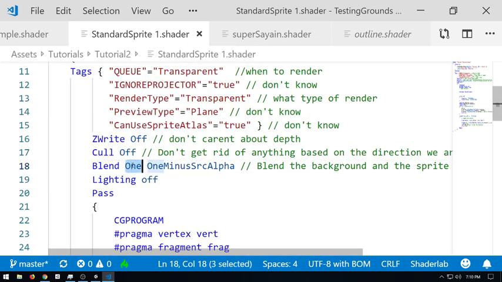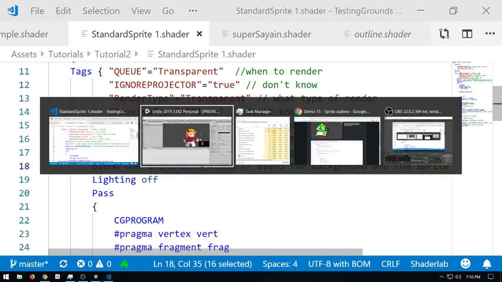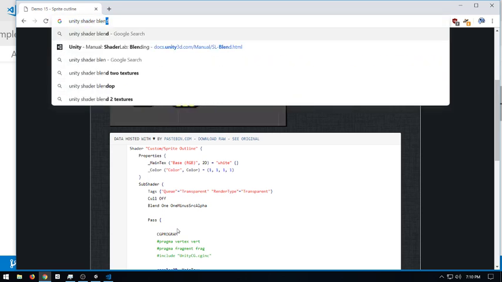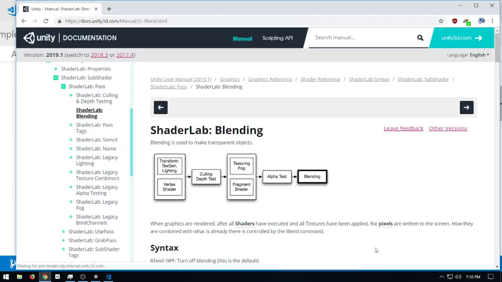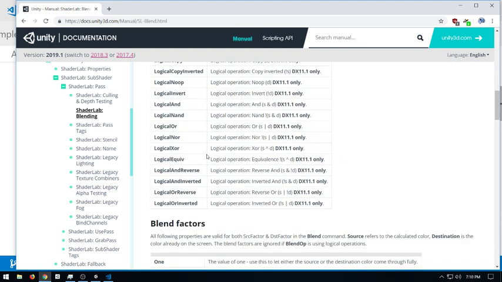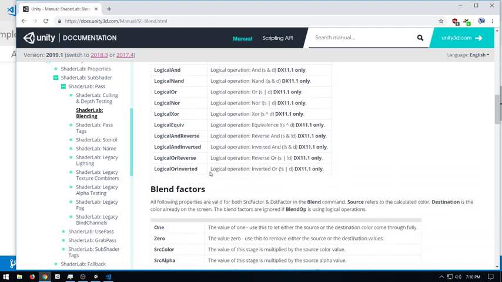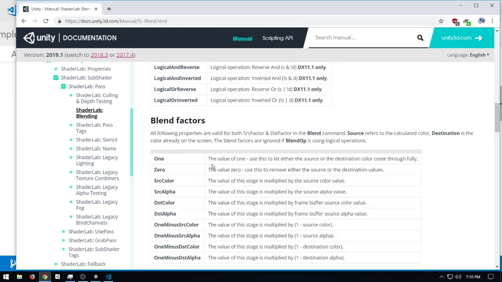So in blend, the first word is essentially the background that's already there. Yes. And this is what we're treating the current sprite as. Let's go to the Unity site on Unity shader blend. So there's a lot here, and speaking very honestly, I'm no expert on it. So this is the value of 1. Use this to let either the source or the destination color come through fully. So if we did blend 1 1,